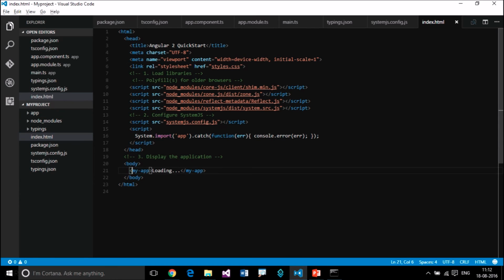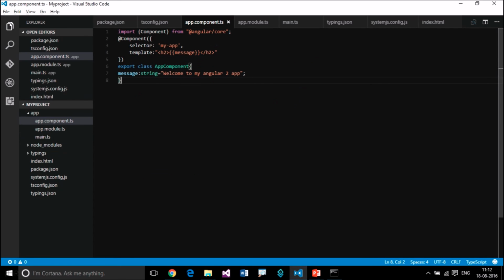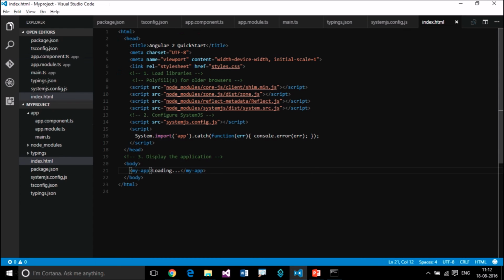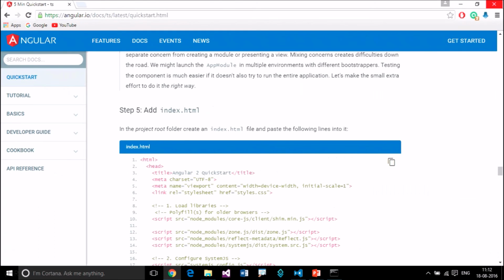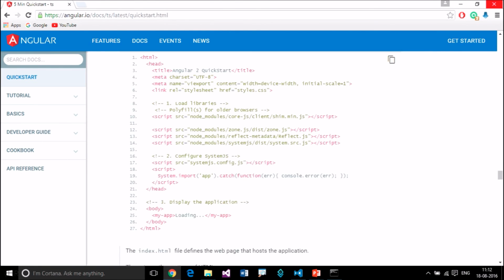Then here we are using our first component, my app. See this. So here we put my app as a selector, right? So that we are using the same. Whatever you want to write, we need to put inside this. So this is our Angular app's root component. Step 5 is done.